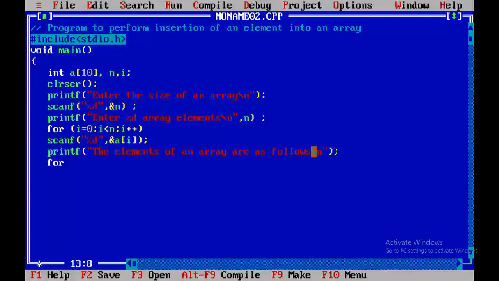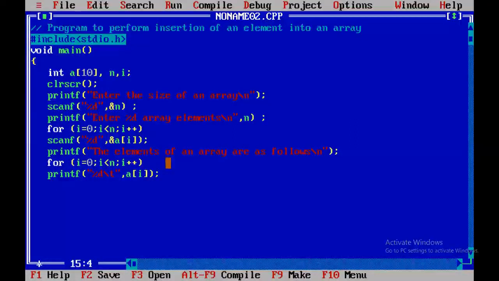Again, I'll use a for loop: for i equals 0, i less than n, i plus plus, printf("%d\t", a[i]). Okay. So here all the elements of the array are printed separated by a tab or a space.